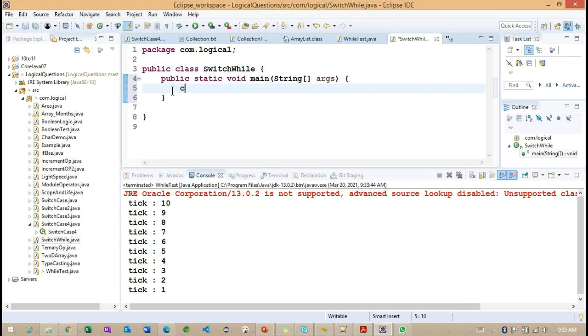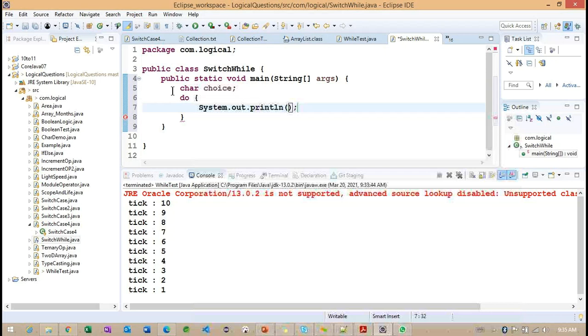A simple one I want to provide here. Char choice. I'm taking a character as a choice, and later I'm making a do condition. Inside the do, I'm trying to print a message, something called help. Later I'm also going to add these.